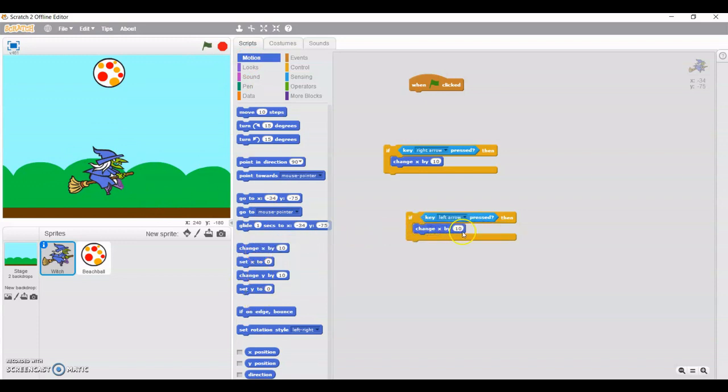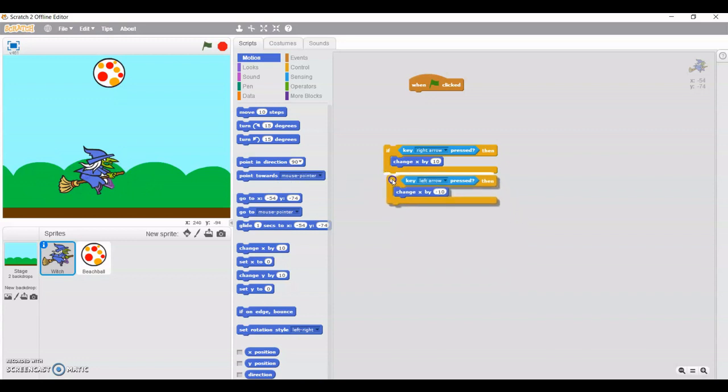In your book it is written plus 10. You can change it to minus 5, minus 6, minus 7, or minus 10, but not in the positive direction, because in the positive direction this object will move only when you press right arrow. For right arrow, it will move in positive direction. For left arrow, it will move in negative direction.